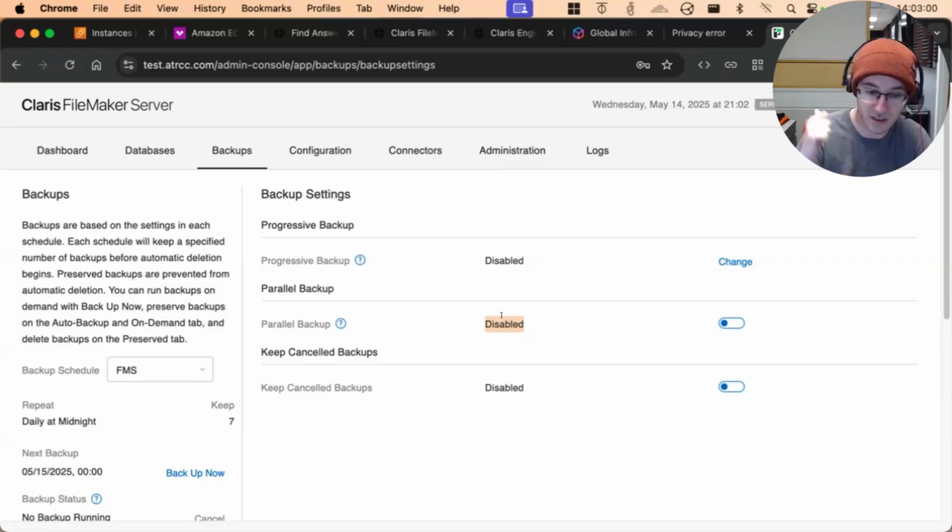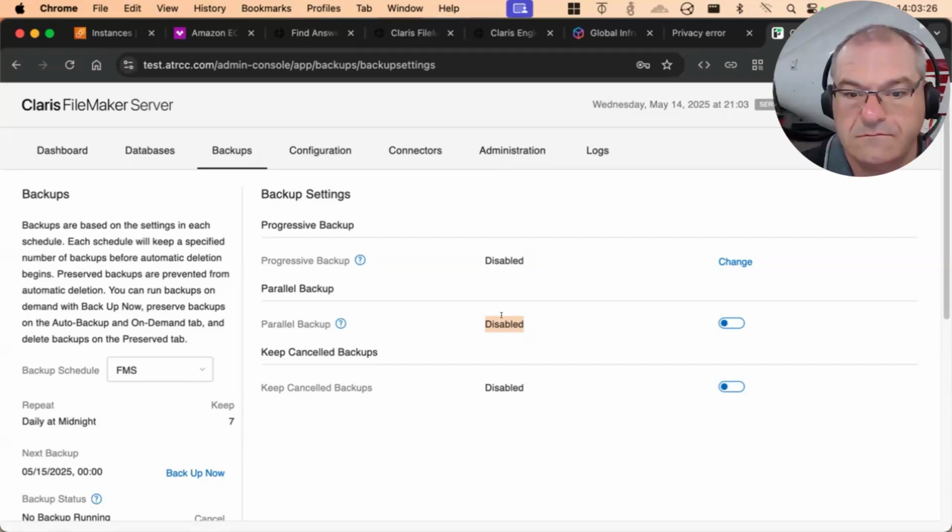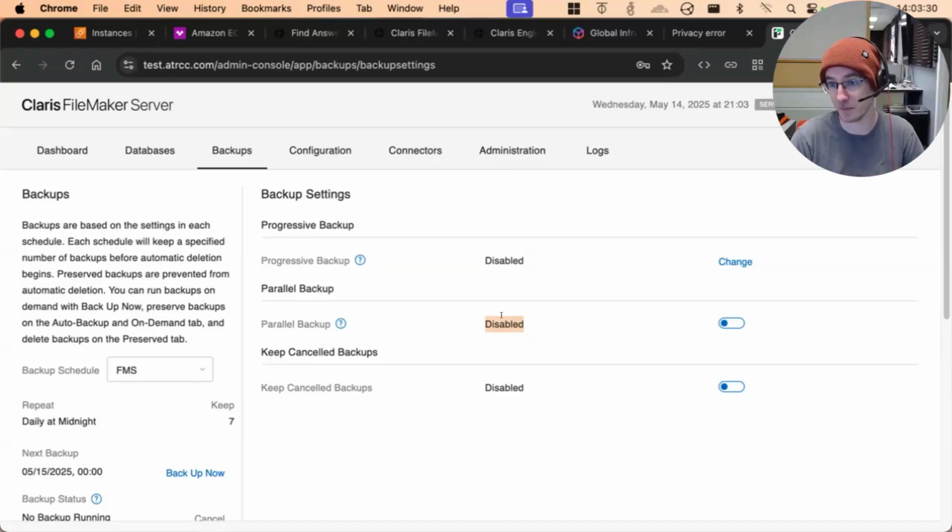Keep canceled backups. I honestly haven't figured out a use for this. They introduced it into the product default on years ago, and I yelped because it blew up several of my servers in a row. For example, if you fail a backup because one of your engineers is doing a giant import that blows the backup up, you get the email that says this failed. Usually you just ignore that because you come back in an hour and it'll run another one and it'll be fine. Keep canceled backups will keep those bum copies.